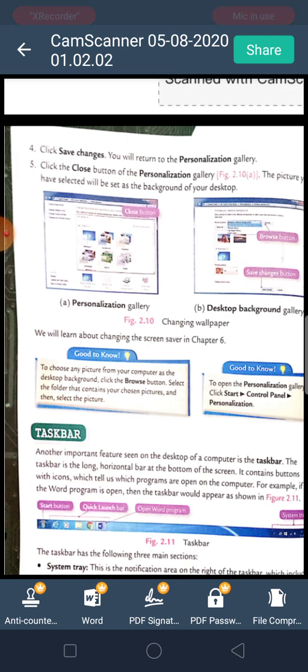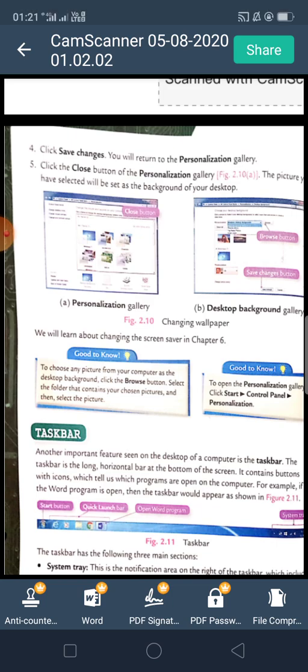Then click the close button of the personalization gallery. The picture we have selected will be set as the background. We will learn about changing the screensaver in chapter 6, not in this chapter.